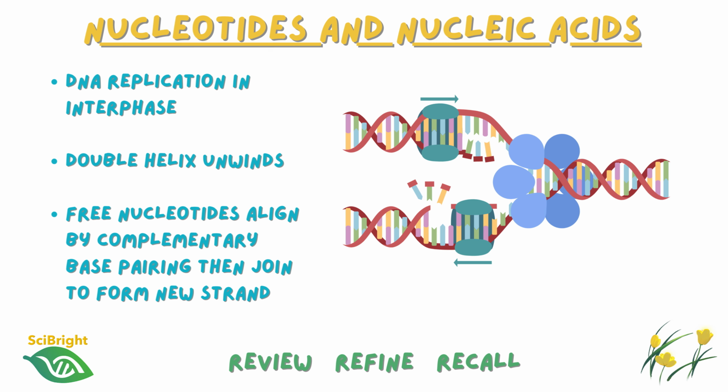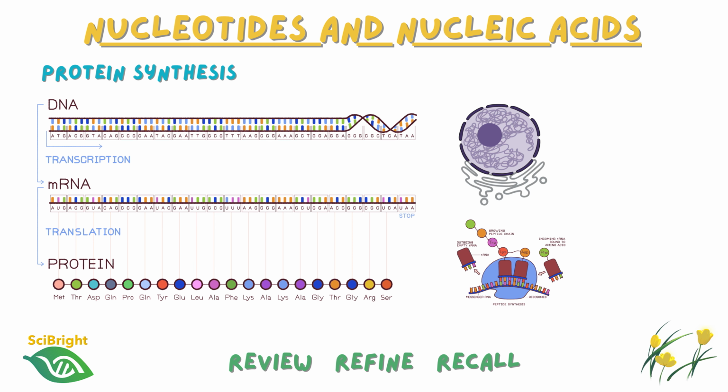You should also recall that DNA exists as a double helix that can unwind to replicate DNA in interphase of the cell cycle or to be transcribed into messenger RNA during transcription, where one triplet base sequence in the DNA will eventually code for one amino acid in the protein formed during